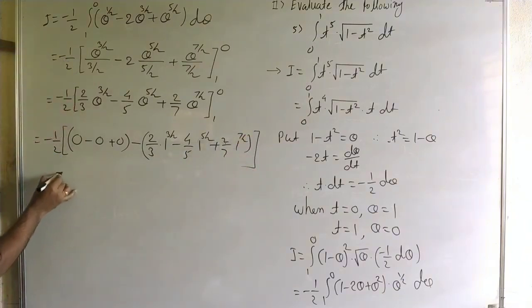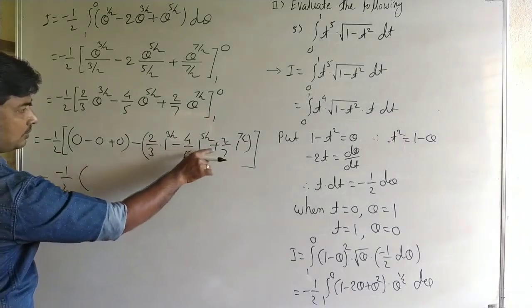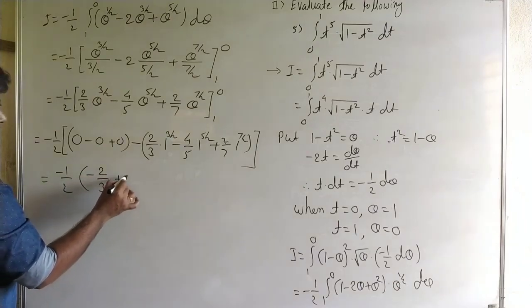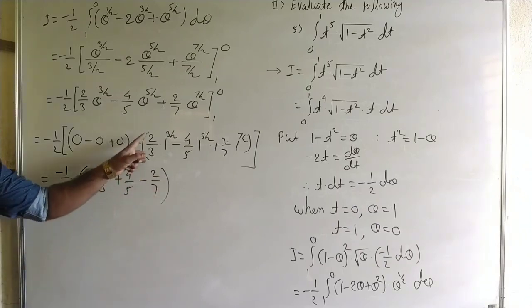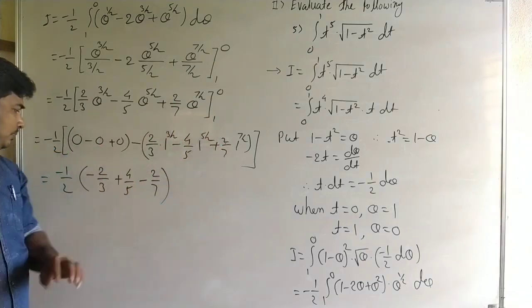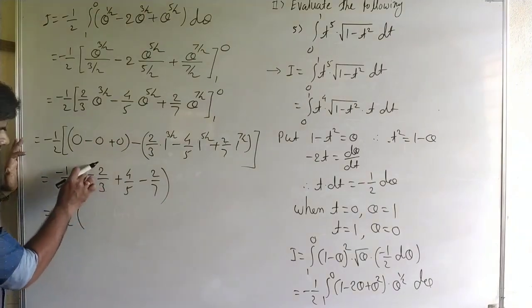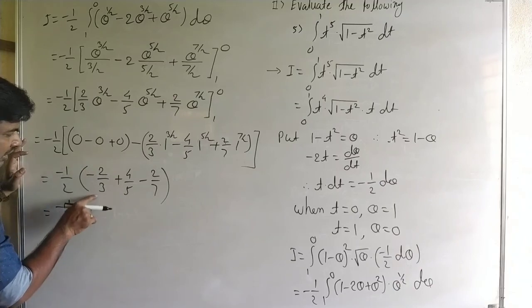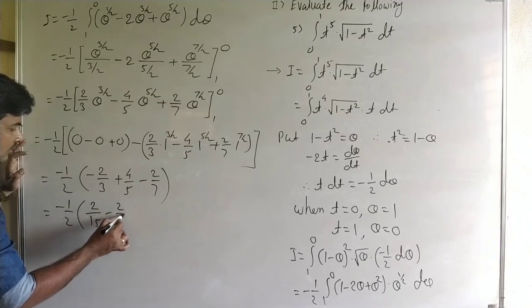Okay, and then it is minus 1 by 2 into, it is 0, therefore all terms get the minus sign, so it is minus 2 by 3, minus minus plus 4 by 5, and minus 2 by 7. It is a calculation: minus 2 by 3 plus 4 by 5 and minus 2 by 7. Then take the calculation. It is minus 1 by 2 into first addition of these two terms. Here minus 10 and plus 12. See carefully. Minus 10 plus 12 is 2 upon 15, plus 2 upon 15 and minus 2 by 7.